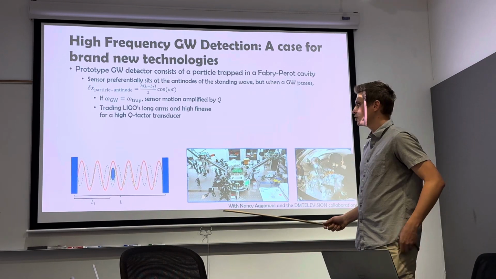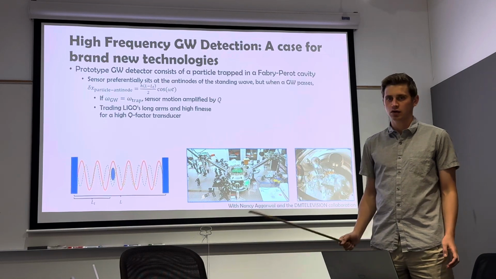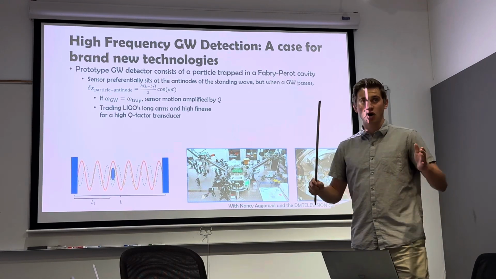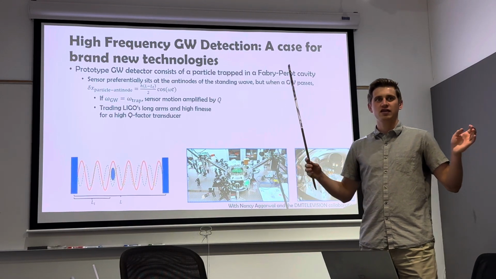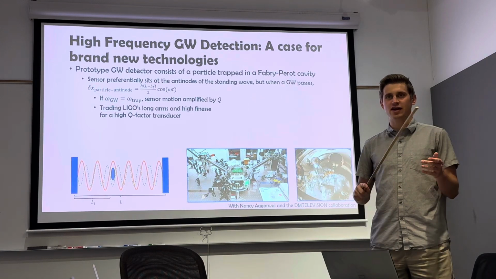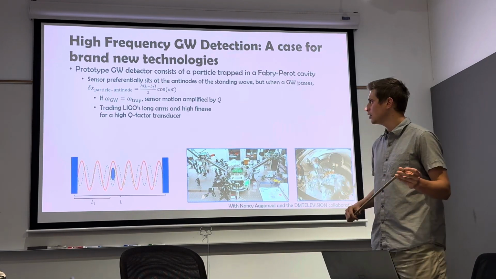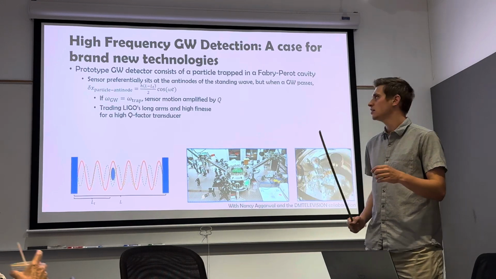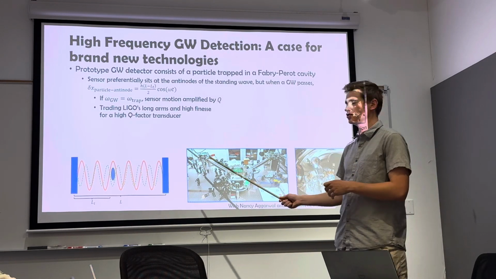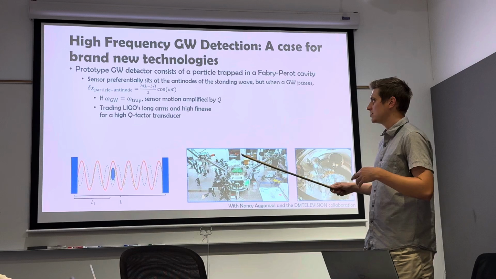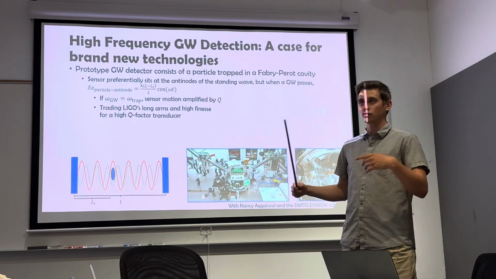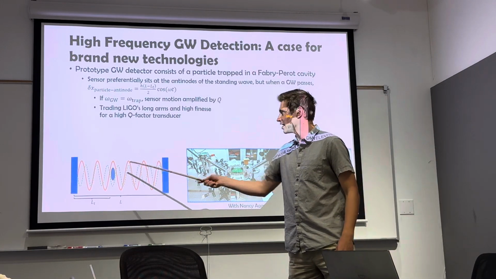So essentially what we're doing is we're exchanging the very long arms of LIGO and their very high finesse cavities that allow light to cycle back and forth many, many times, amplifying your gravitational wave signals, with a lower finesse cavity, but a very high Q factor transducer. That is, the way that this gravitational wave is coupling into our readout is through the amplified motion of this